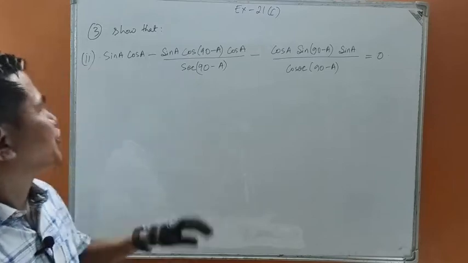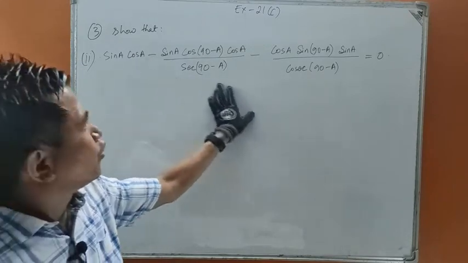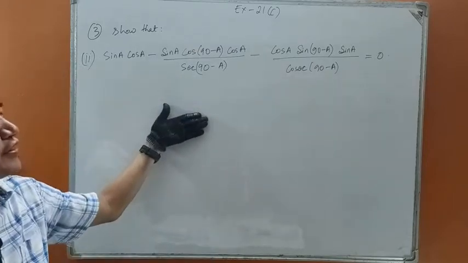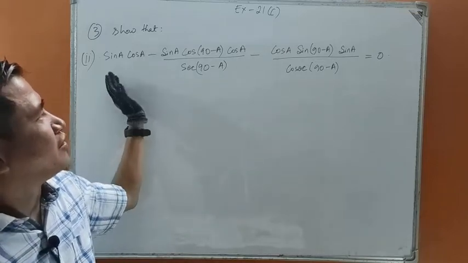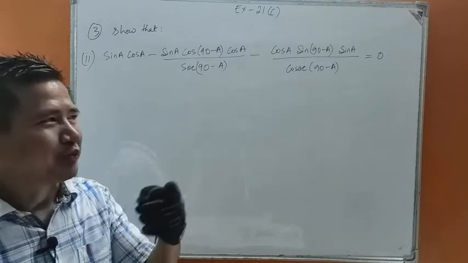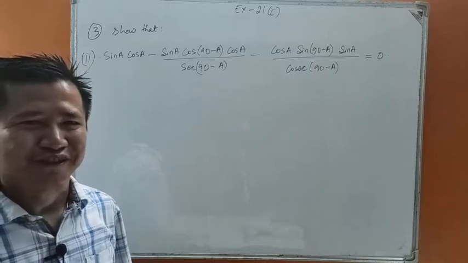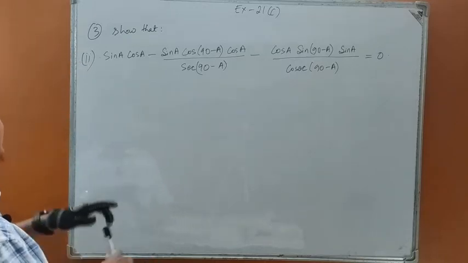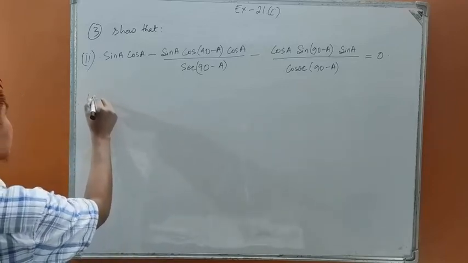Okay, now let us do question number 2 of 3. We are asked to prove this whole thing equals 0, isn't it? So let us not copy the left hand side as usual, because this is a too long question. It takes a lot of time. But make sure you copy the left hand side in the examination before proceeding to solve any question. Okay, it's a good habit. So let's do this without copying the left hand side. We'll proceed straight away. LHS equals